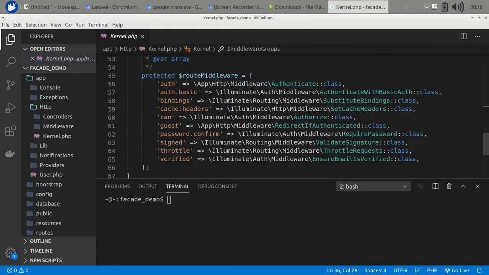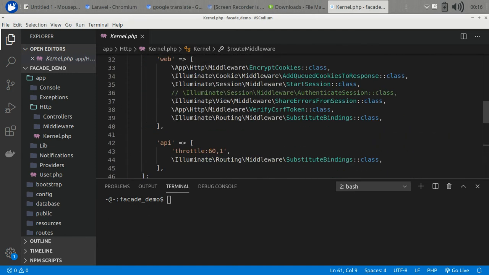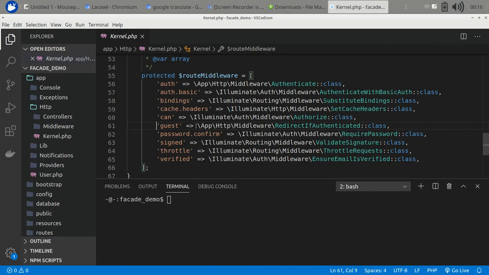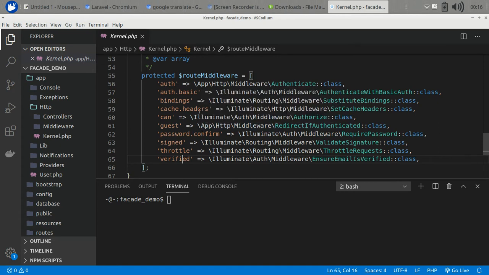The third group is called route middleware. These middlewares are applied to any specific route. These are not always applied to any request like global middlewares. But whenever we use these aliases with our routes, these middlewares will be applied. So we will see further in this video how we can apply this middleware to our